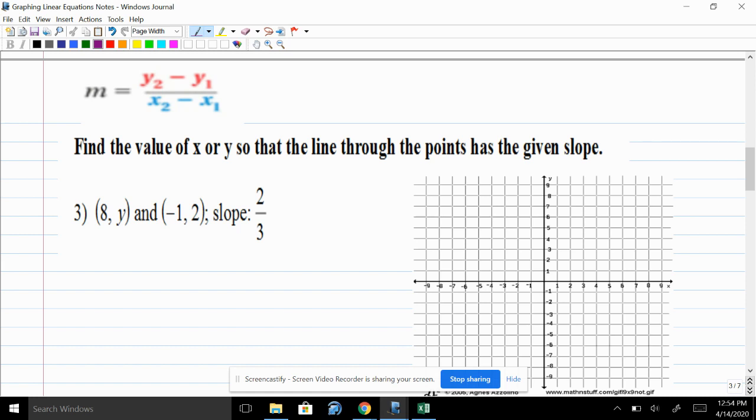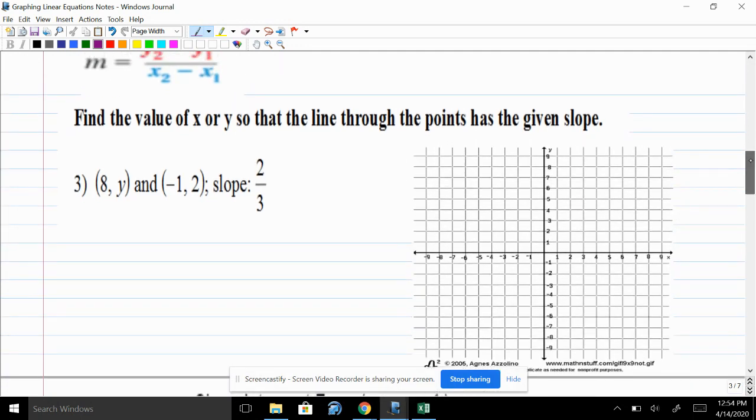All right, guys, so this is the last video that we're going to go over dealing with slope. Today we're going to talk about using slope to help us find a missing value. If you notice in this problem, we have a missing value right there. I'm going to show you two ways to do this. You can do it graphically, which is why I have a graph ready for you, or you can do it